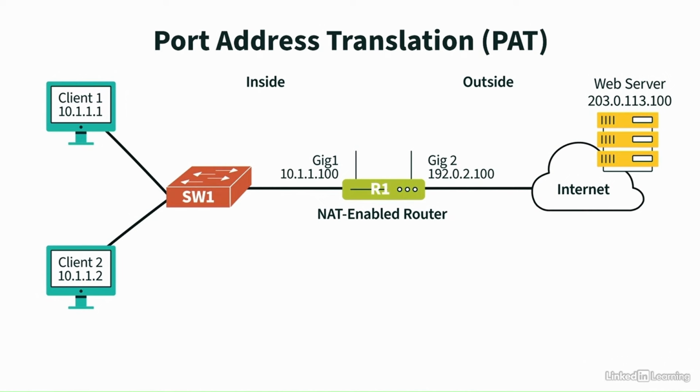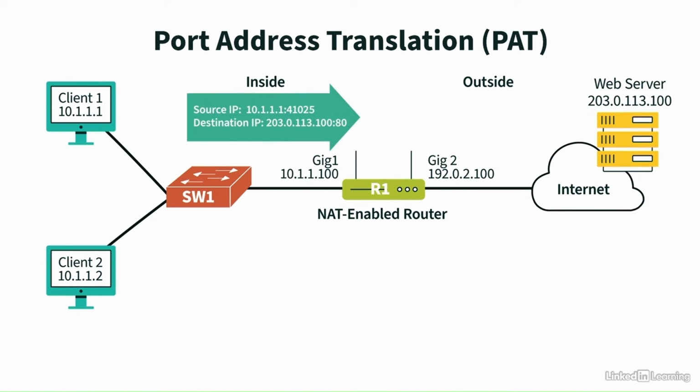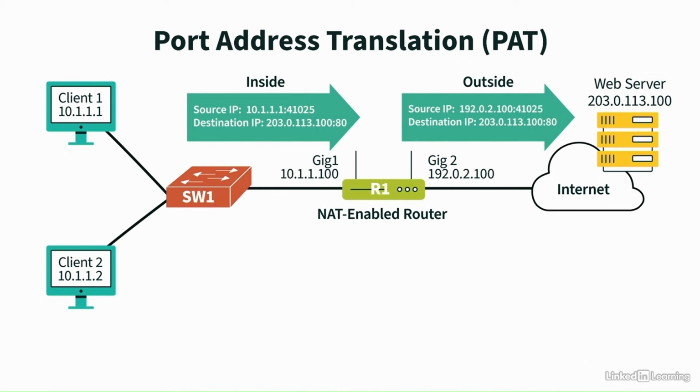Specifically, how does the router look at return traffic from the internet and know where to forward it on the inside network? Well, when a client reaches out to the server on the internet, not only does it use the well-known port number of 80 to indicate it wants to use web services on that server, it also dynamically picks a source port number. This port number is sometimes called a dynamic or ephemeral or a private port number. And this range can vary based on different vendors and operating systems. Notice in this case, client 1 sends a packet to our web server with a source port